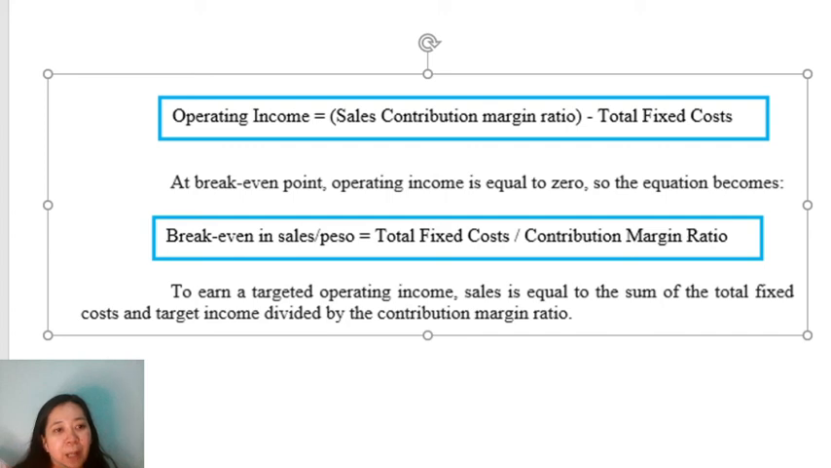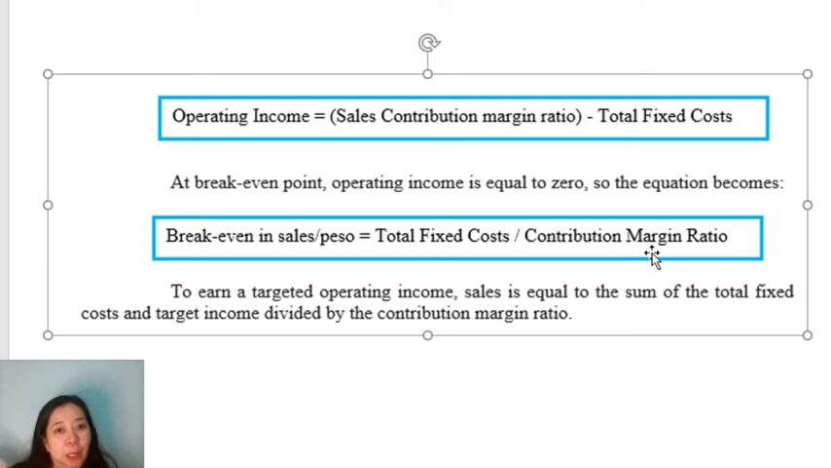Okay, so again, I would like to reiterate, sales minus variable cost is equal to contribution margin. So here in this formula, we directly go to the contribution margin figure, and then deduct the total fixed cost to get the operating income. So at break-even point, operating income is equal to 0. So again, this is the same as what we have